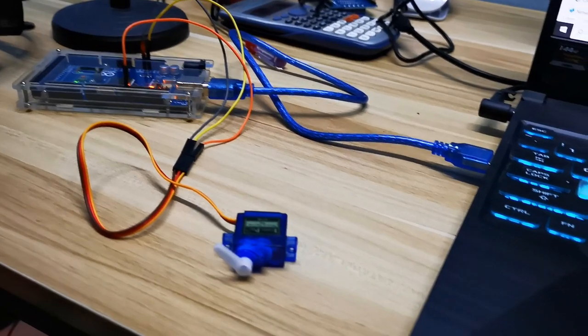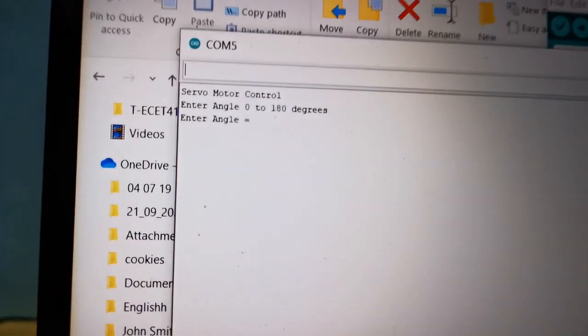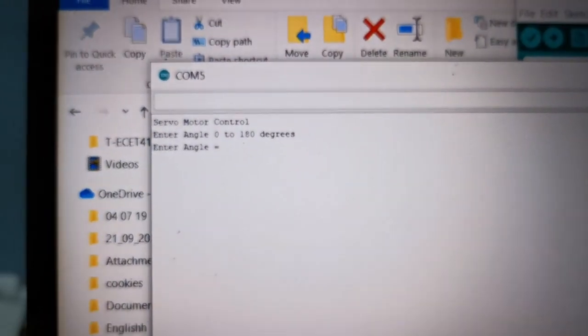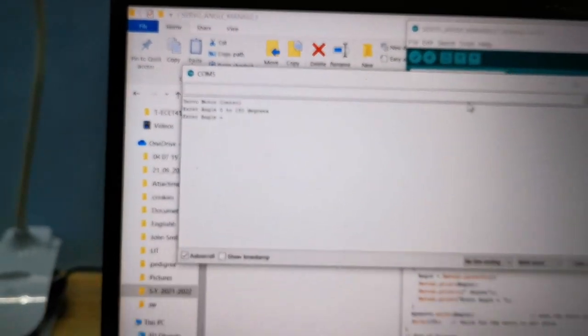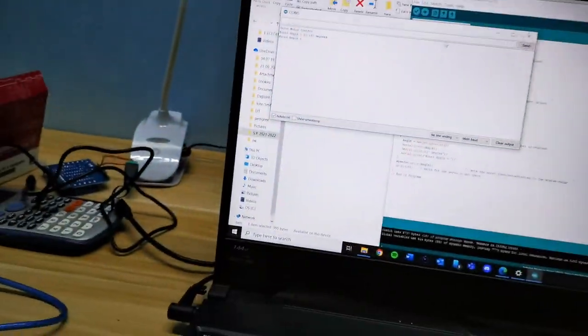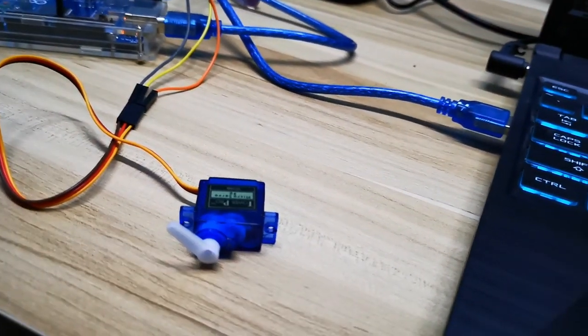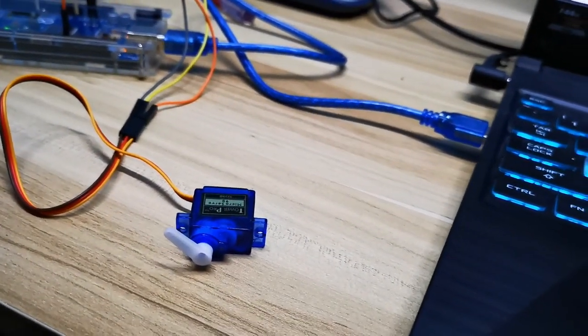As you can see, the servo motor has stopped, and I will now open the serial monitor. Here is the output: Servo motor control, enter angle 0 to 180 degrees. First, it is currently at 0 degrees, and now I will go to 180. If I hit enter,